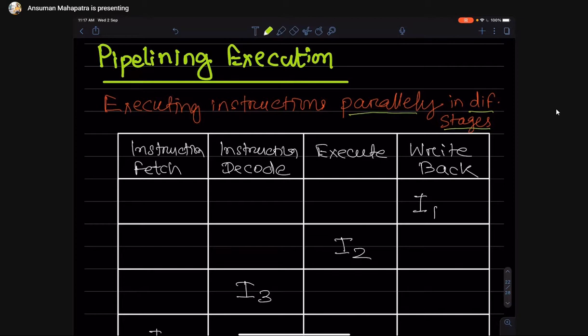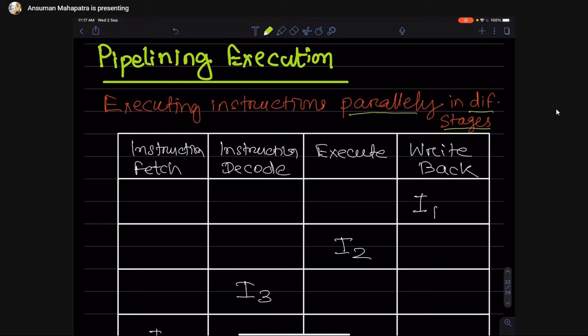Is it overlapping multiple instructions? Yes, overlapping multiple instructions. But what is the meaning of pipelining in normal usage, not in computer architecture? What is a pipeline? Like, we connect things in a continuous series or something. Yes, the data. Okay.